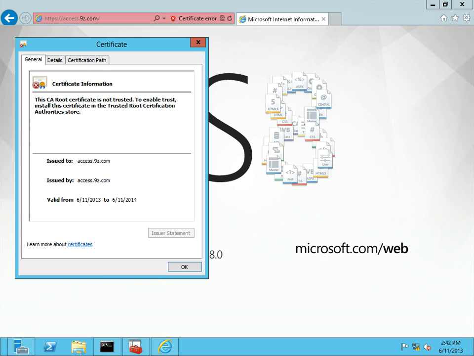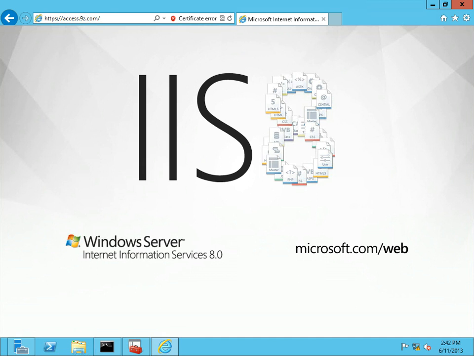access.9z.com. Well, who trusts access.9z.com? Nobody does, right? Not even the guy who issued the certificate. There's a way to fix that. We have to trust this. So we need to actually have the certificate installed to be able to do that. But for now, I can see that